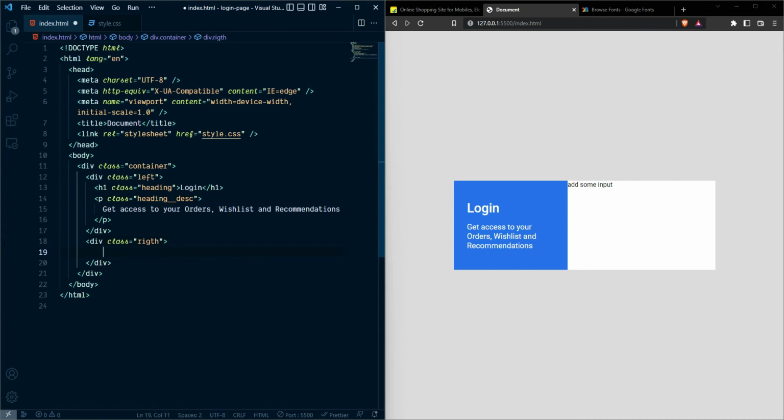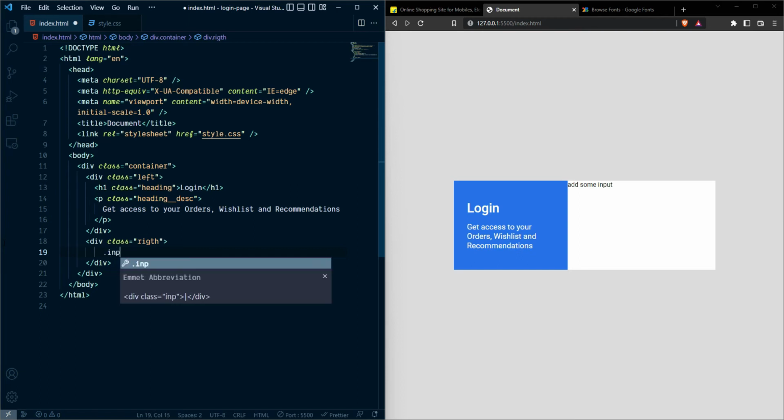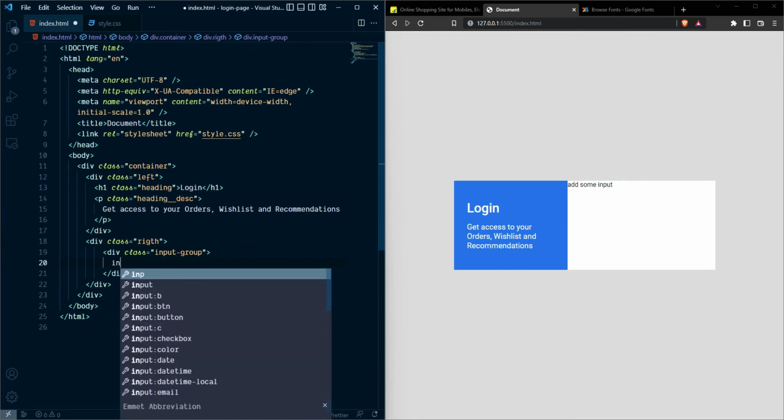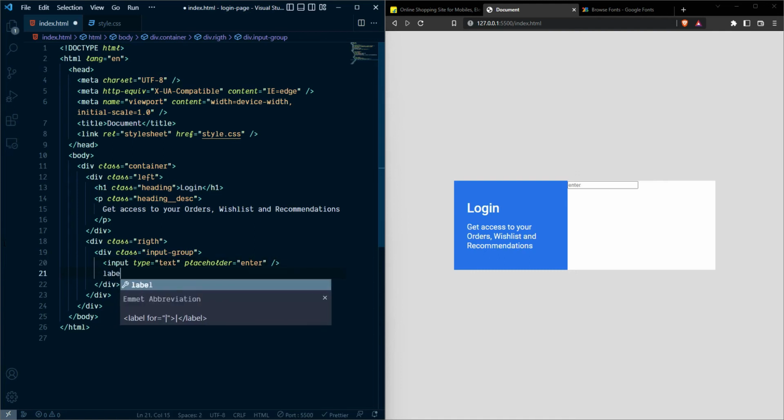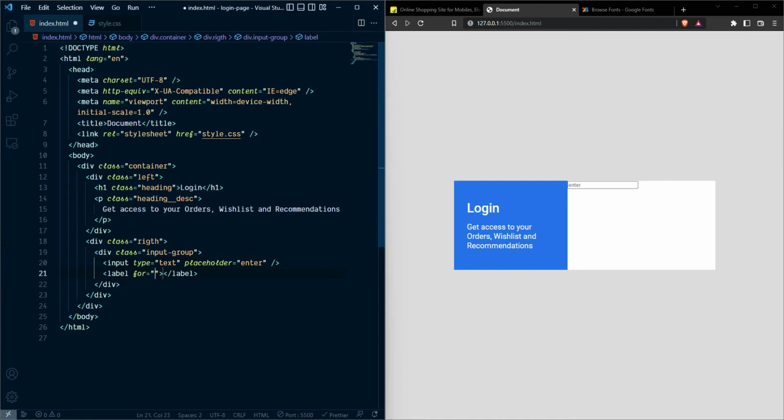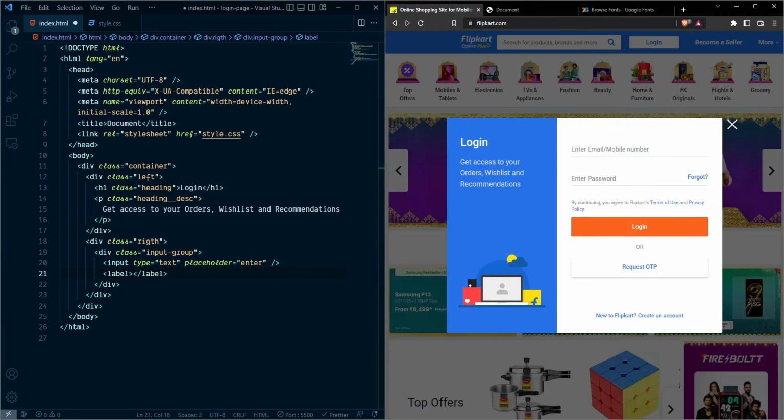I am going to create one container, an input group, and this container contains one input element, with a placeholder for now: enter something. I also going to take a label, and for now you can give 4, and I am removing this one for now, and I want this to say enter phone number